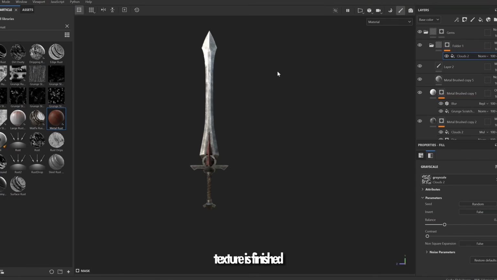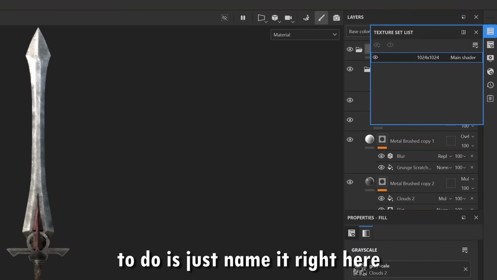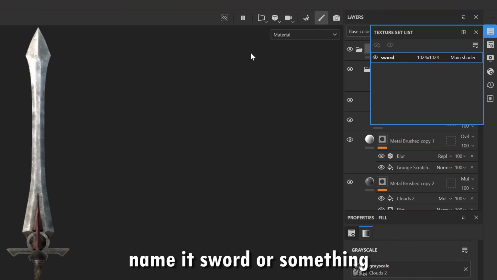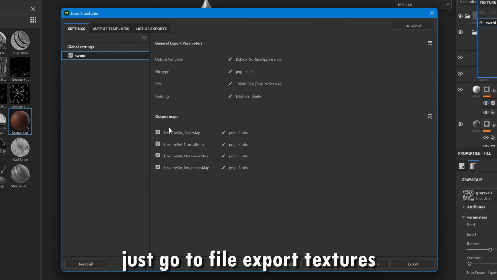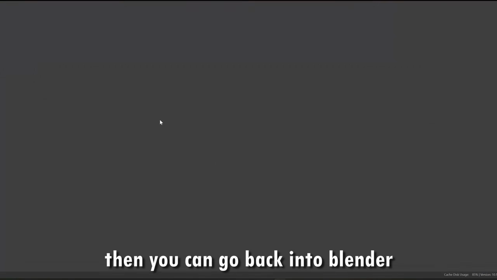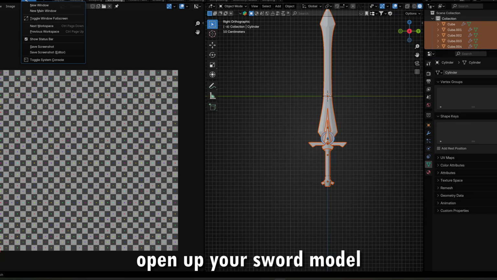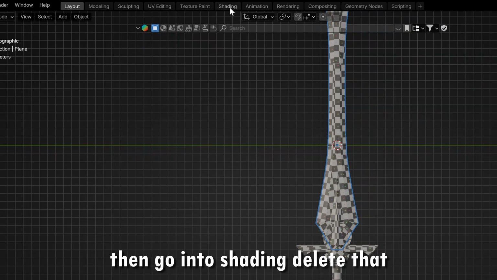Okay, once the texture's finished, what I tend to do is just name it right here, name it sword or something. And then once you do that, just go to File, Export Textures, make sure all of these are checked, and then just export. Then you can go back into Blender, open up your sword model, then go into shading,